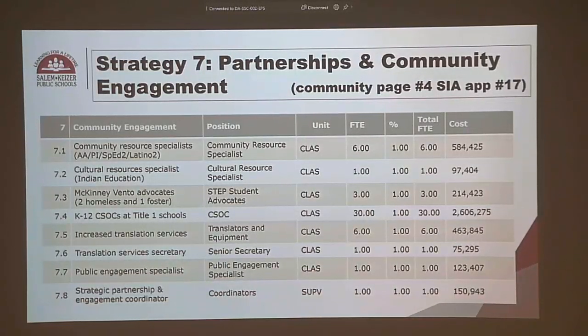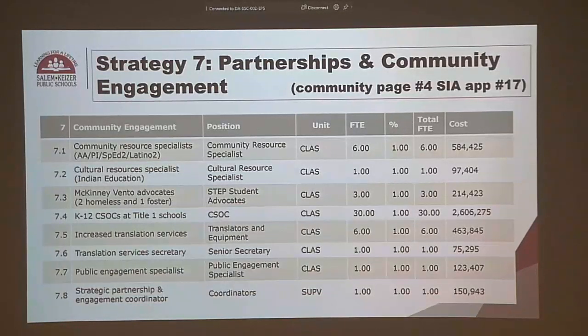So we would offer K-12 CSOCs at all of our title schools for a foundation of 6 hours at each of the title schools, and that would be 30 new FTE. Some of our schools will choose to extend their hours and have their CSOCs work 8. Some of our schools will probably hire 2 CSOCs because they're bigger schools with different populations that they want to serve. And we will, of course, still encourage that, but this provides a foundation. So no longer will it be this school happens to have the funds this year. We'll provide a foundation for our title schools, for our CSOCs.